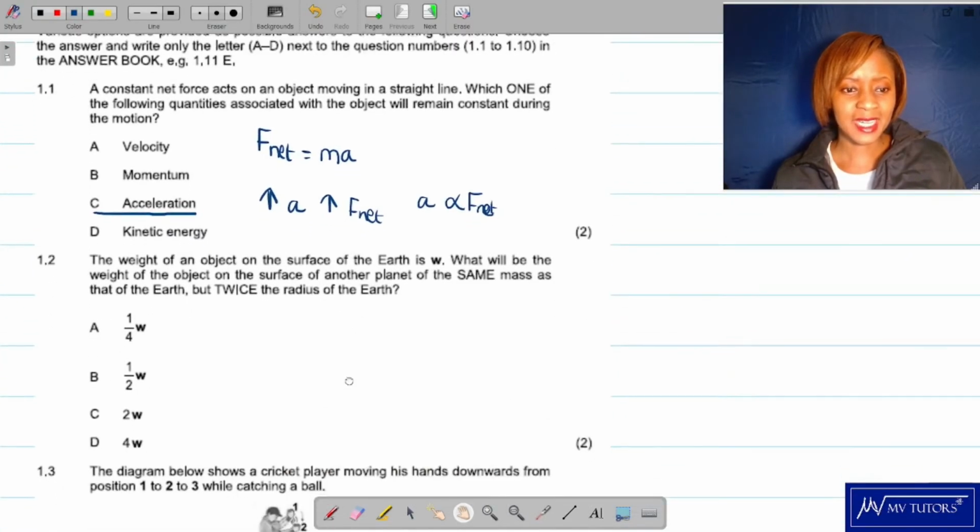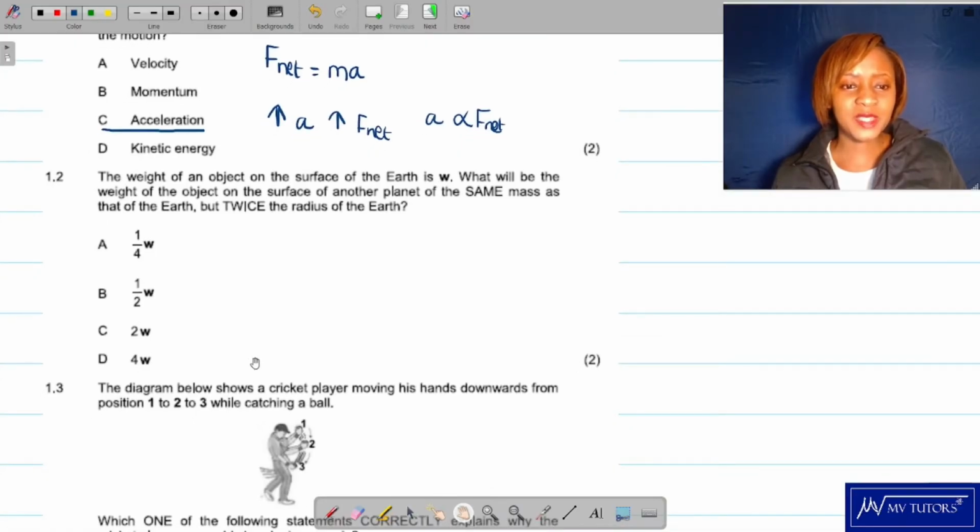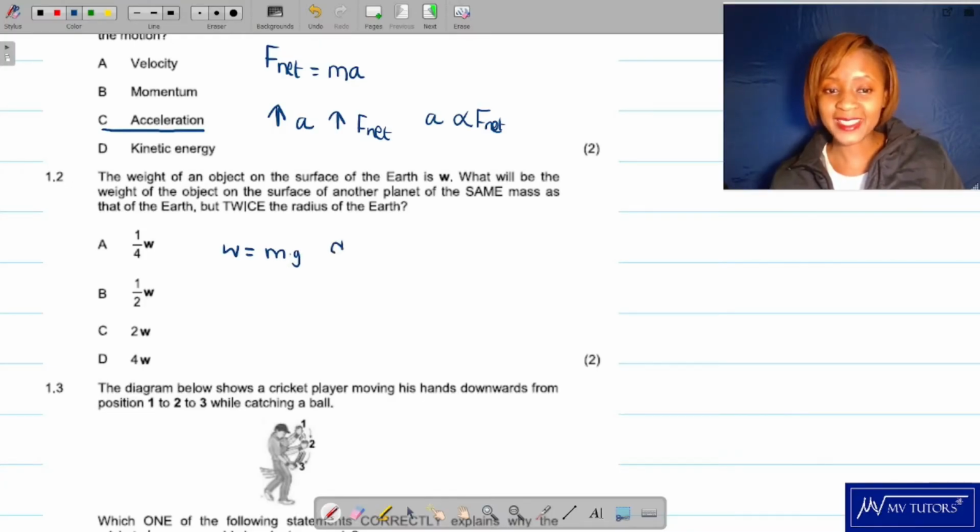Alrighty, now 1.2. The weight of an object on the surface of the earth is W. What will be the weight of the object on the surface of another planet of the same mass as that of the earth, but twice the radius of the earth? Okay guys, just a reminder. Remember that weight is equal to mass times gravitational acceleration. And we also know that gravitational acceleration is equal to the gravitational constant times the mass of the earth,